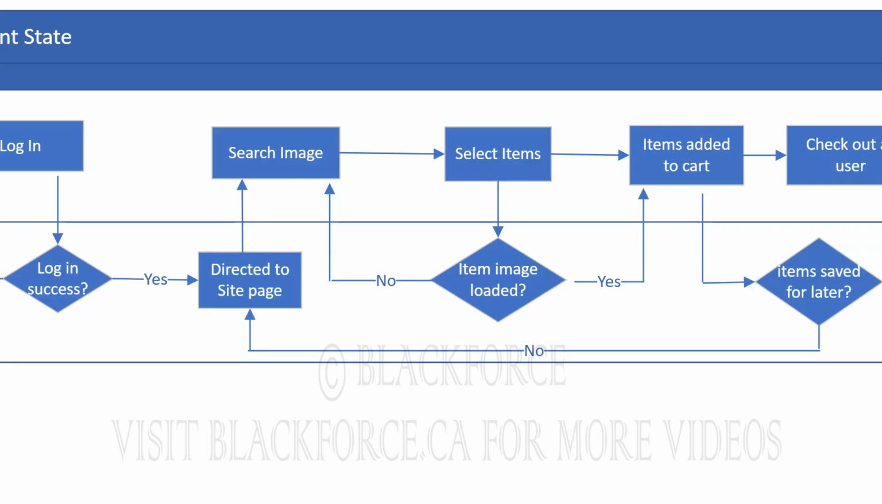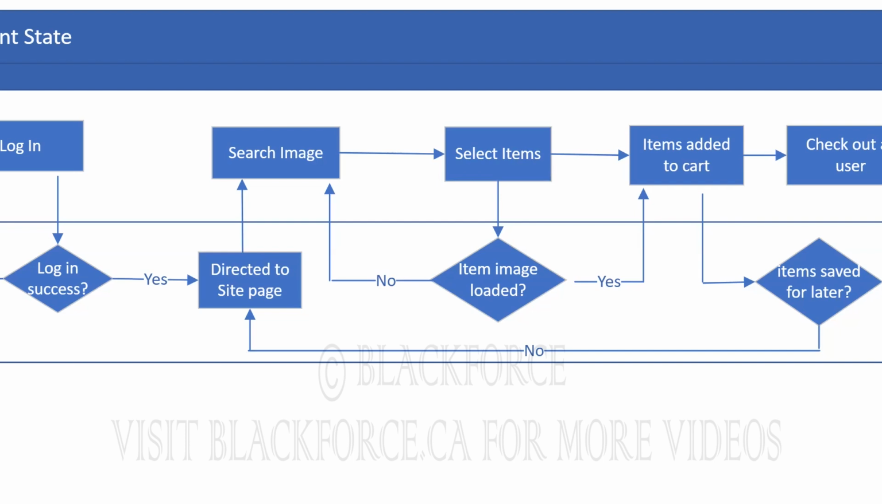So let's quickly take a look at our current state mapping process. Firstly, we always have to start with the start object, the start icon. The process starts from where the customer logs into the site. If the login was unsuccessful, the system directs the customer back to the login page. However, if the login is successful, then the customer can proceed